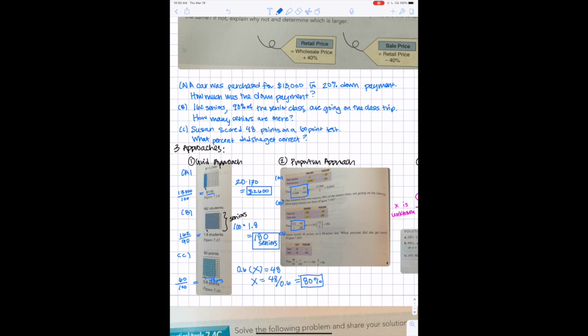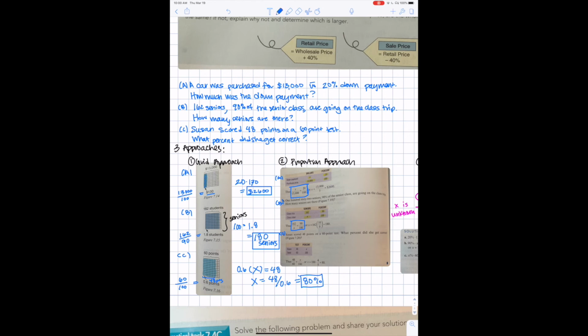And in solving this equation, I have a few different ways I can do this, but once I solve, I still get 180 seniors as my solution. Finally, for the third example, C,